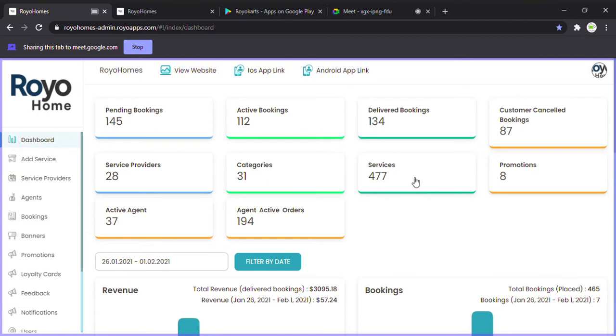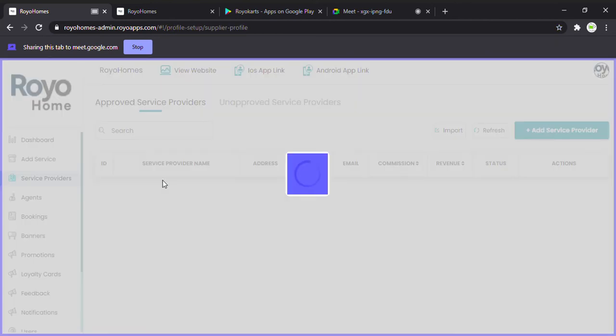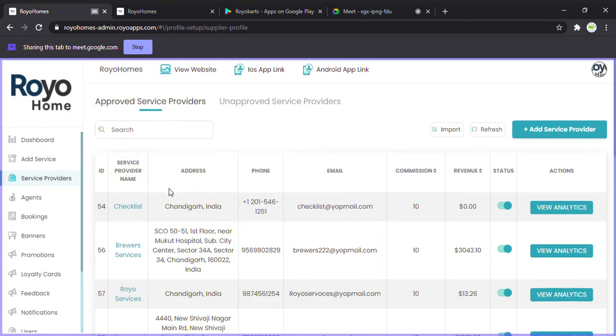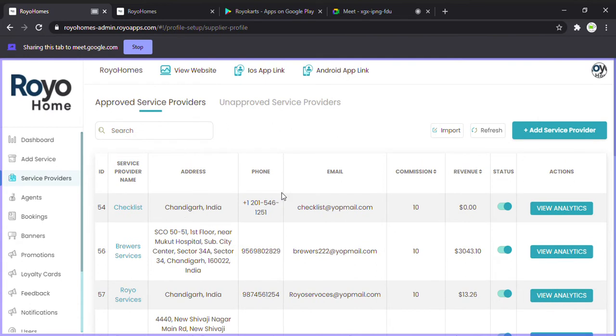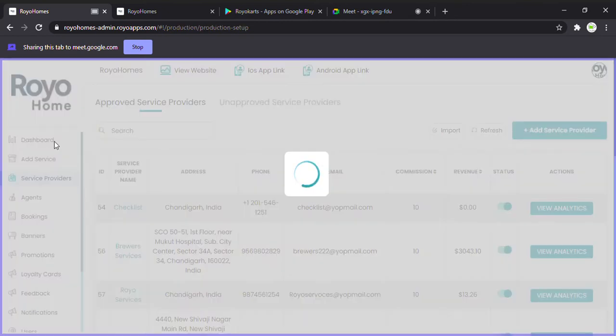Then categories, services, promotions going on, how many are the active agents, and agent active orders. So just to show you, you can see the checklist: address, phone number, email, commission, the percentage that you want to give, revenue, and accordingly add the service provider. Very simple, very basic. Coming back to the dashboard,